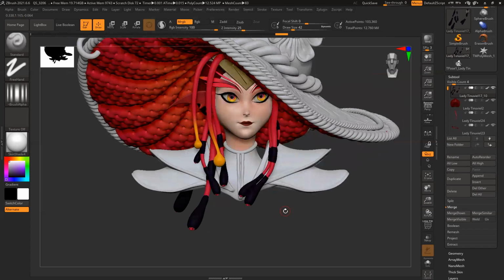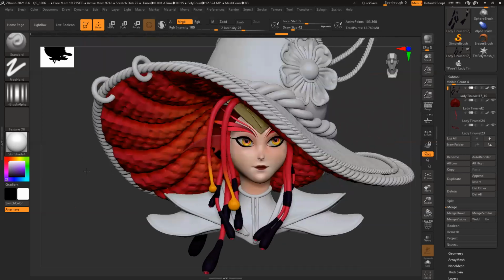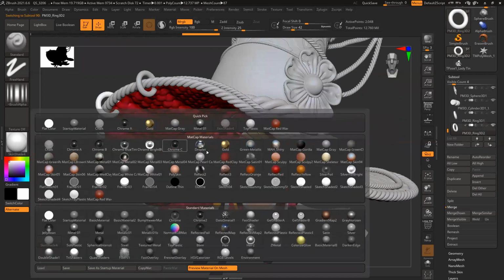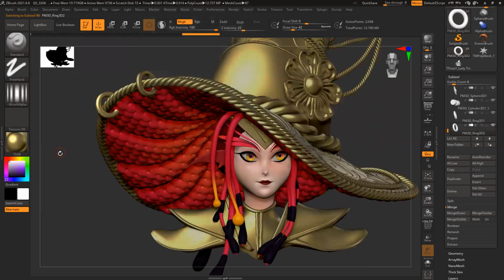Anyways, color is added, and let's see what are the things we can do here. This is gold.